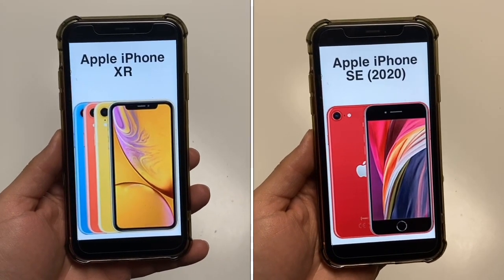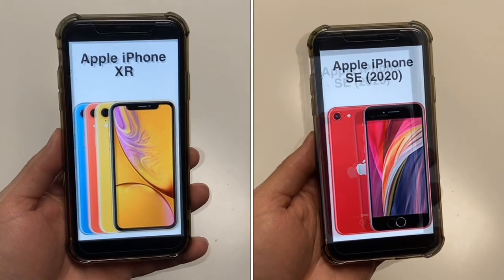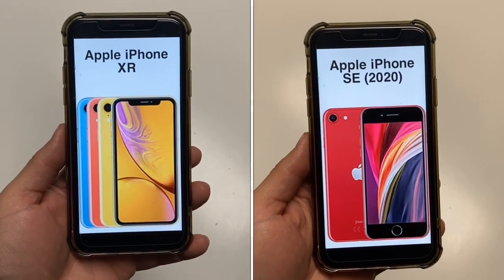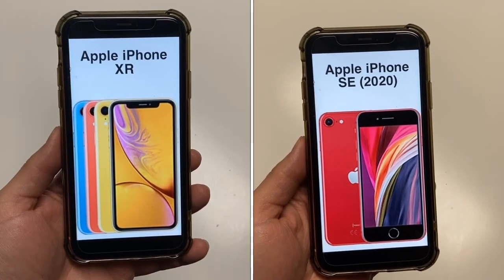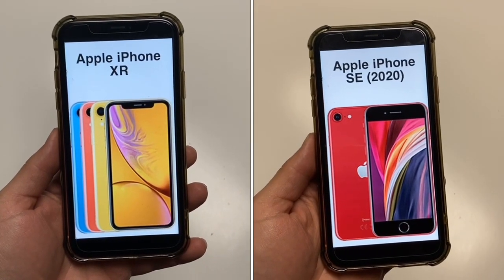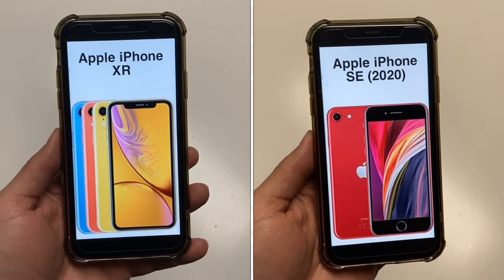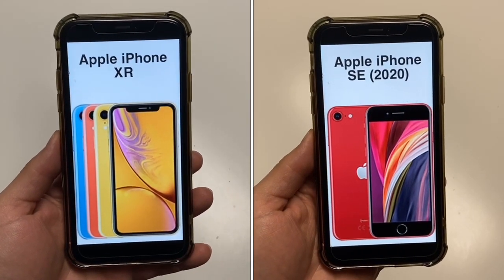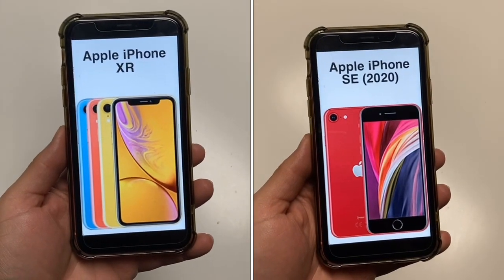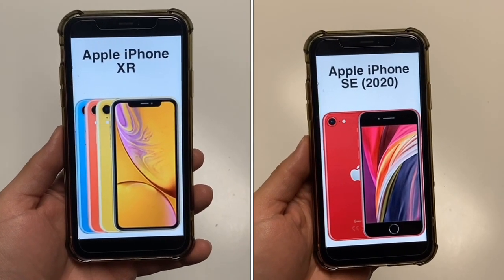Both of these phones start off at 64 gigs of internal storage, and they both have 3 gigs of RAM. Those specs, for 64 gigs, that's not too bad. I think most people can live with that if they just control their pictures and their videos, are more conscious of what they have in their phones, and take advantage of the cloud services. Although some other phones that are even cheaper have way more gigs of storage, or they have expandable storage on